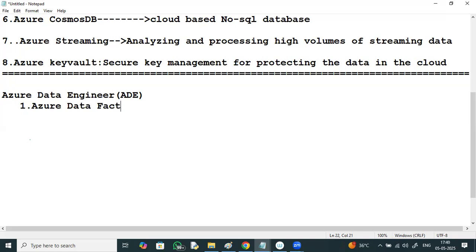The major discussion is going to be on Azure Data Factory, ADF, plus Azure Databricks, ADB, and PySpark, Spark with Python.